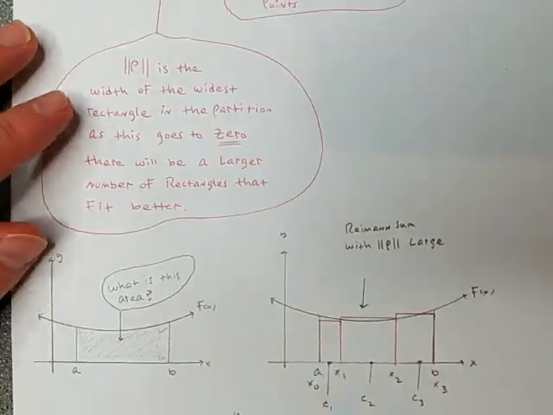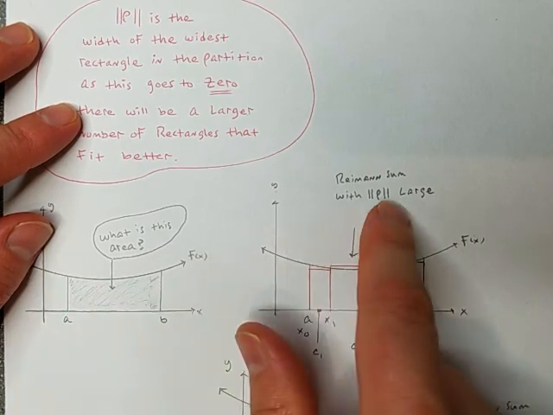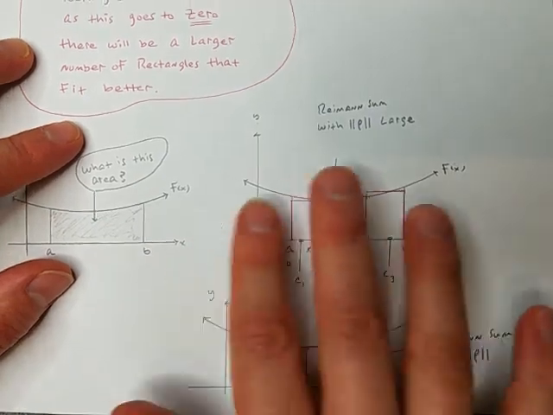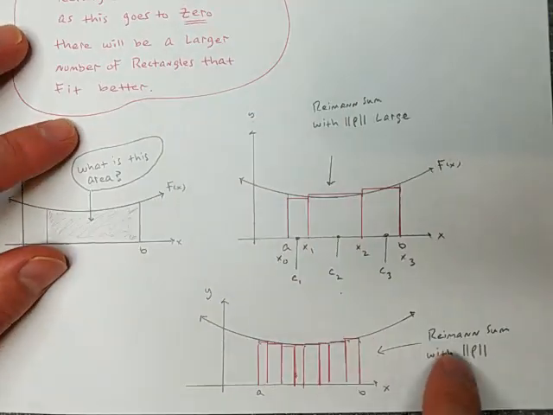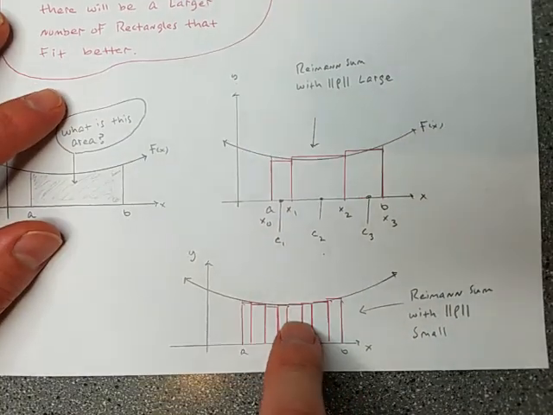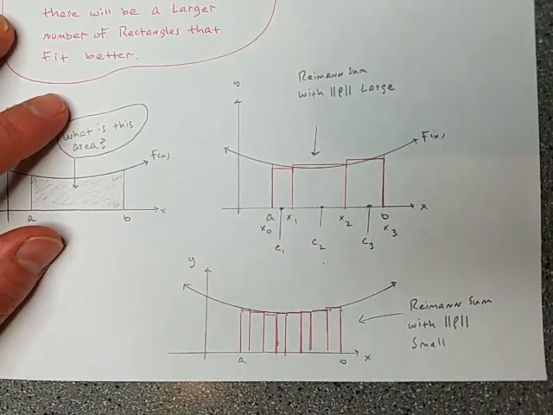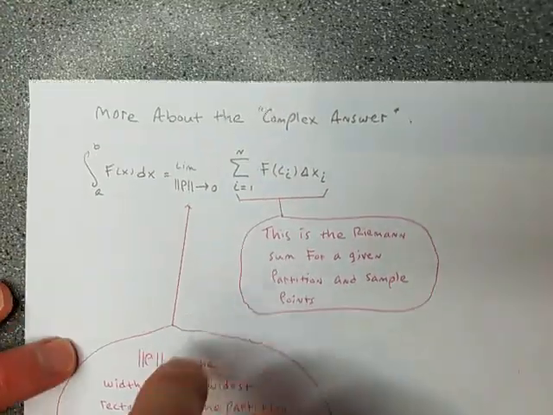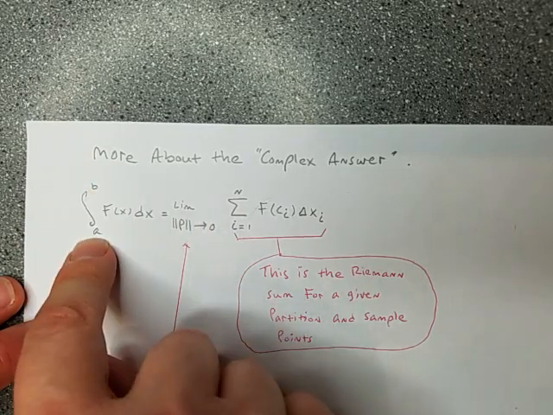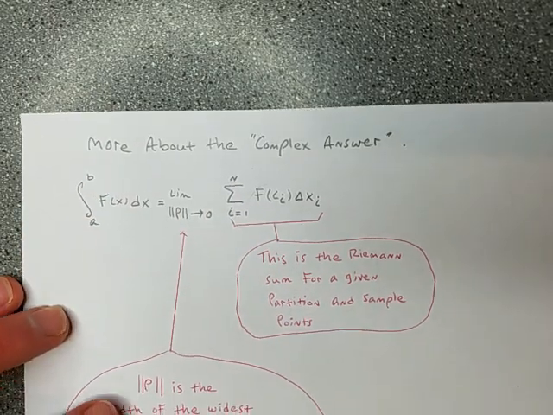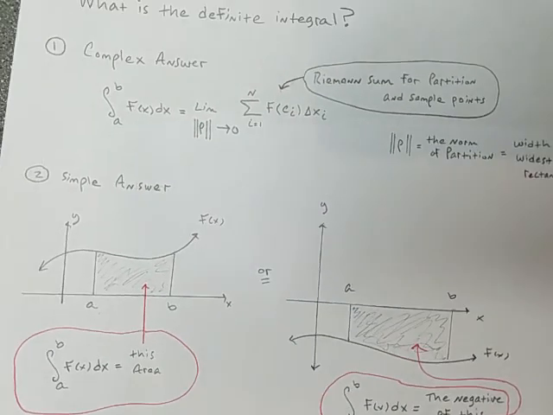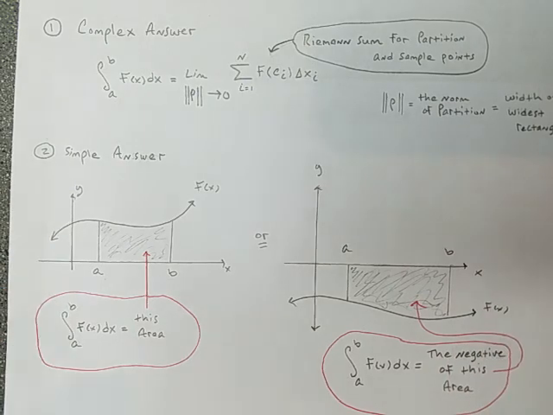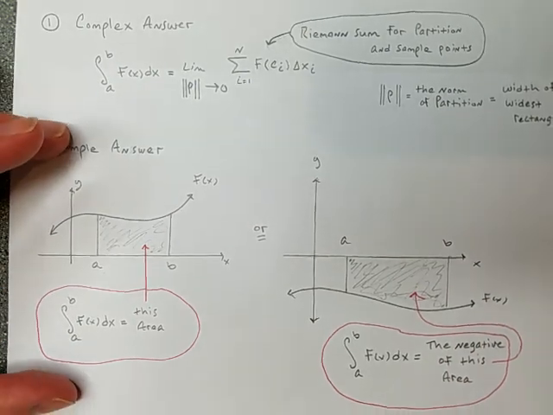Okay, so, yeah, you can think about there's the region, say you got some curve, it looks like that. Here there's 3 rectangles, here there's more. That's just trying to say as the norm of the partition, the widest rectangle, gets smaller and smaller, the rectangles become more numerous. And as you keep up that process, chopping it up finer and finer, well, then eventually you have it. You got the perfect measurement of the area, and that's what the definite integral gives us. Okay, so the last thing I want you to see then is that it does take us to either of these interpretations. If you think of it this way, when you evaluate these in general,